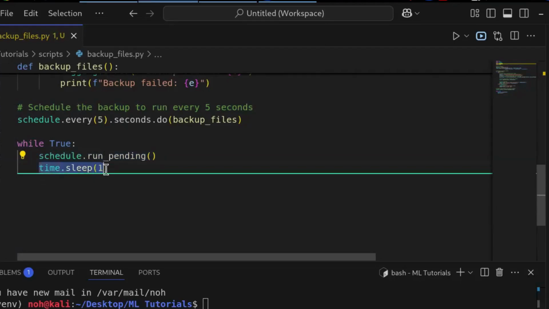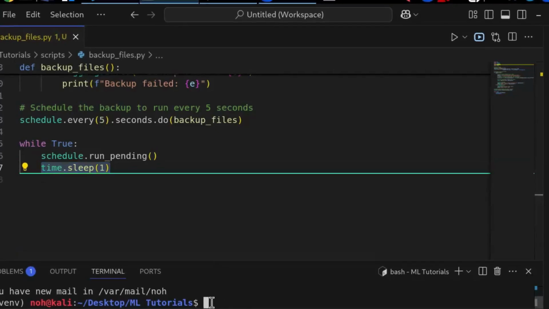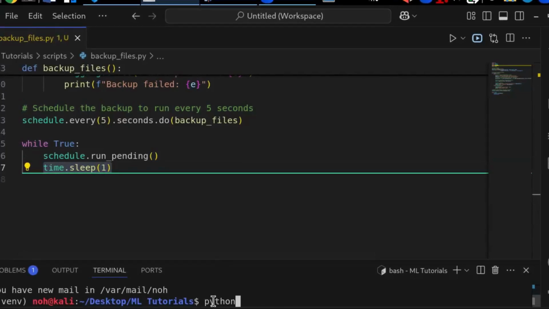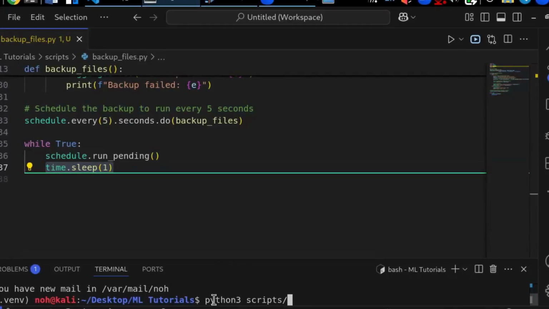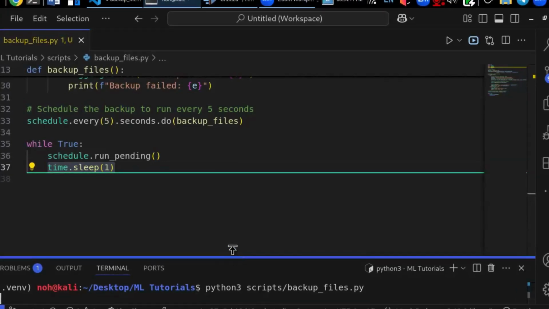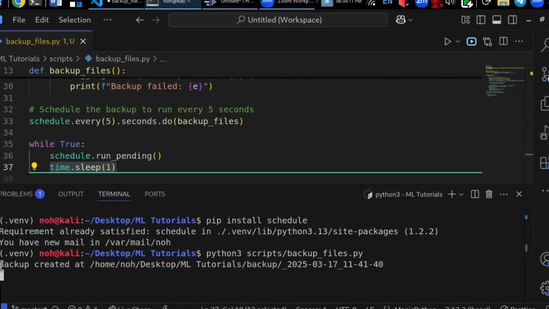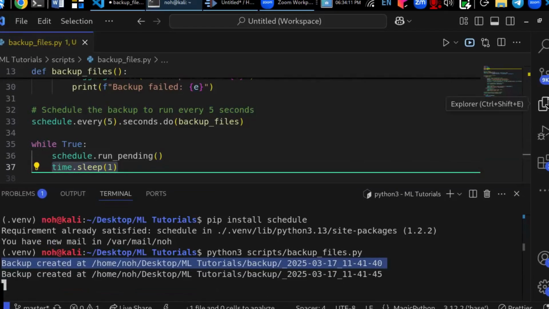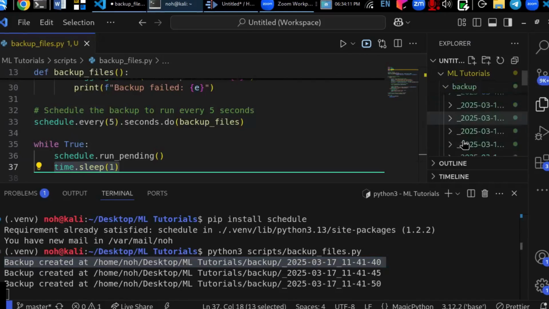Alright, now to run this script, simply execute it like any other Python file. You can leave it running in the background, or if you are on Windows or Linux, you can schedule it using Task Scheduler or a cron job. If you have a VPS or virtual private server, you can run the script on the virtual private server and the script will continue running and just do the jobs every 5 seconds or every day or every week or whatever it is, depending on the time you set to run the script automatically.